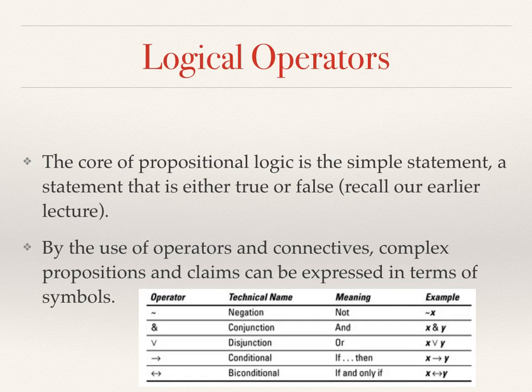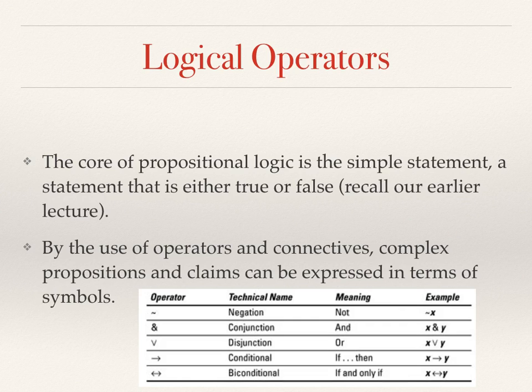And so by the use of operators and connectives, complex propositions and claims can be expressed in terms of symbols. So usually a letter is used for characterizing the simple statement, and then the operators connect these statements. So if we made C for Jeff is a Californian, use just the letter C, and P for Jeff is a philosopher, we could simply connect C and P with an operator that connects or conjoins two statements. That operator is what's called conjunction, which you can see in this table here. We have 5